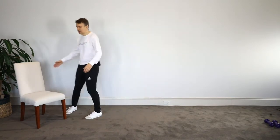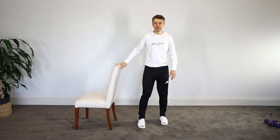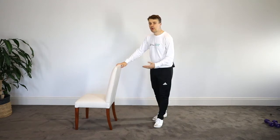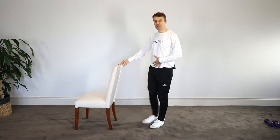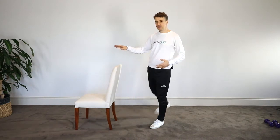I'm going to take my chair a little closer for this one, just so I've got it. We've already done a bit of work on our hip swing across the body. We're going to go forward and back now. So hip swing, and I've got the chair. I'm just going to hold on to the chair as much as I need. Now I'm not going to swing too far, but I want to see if I can just hold on maybe